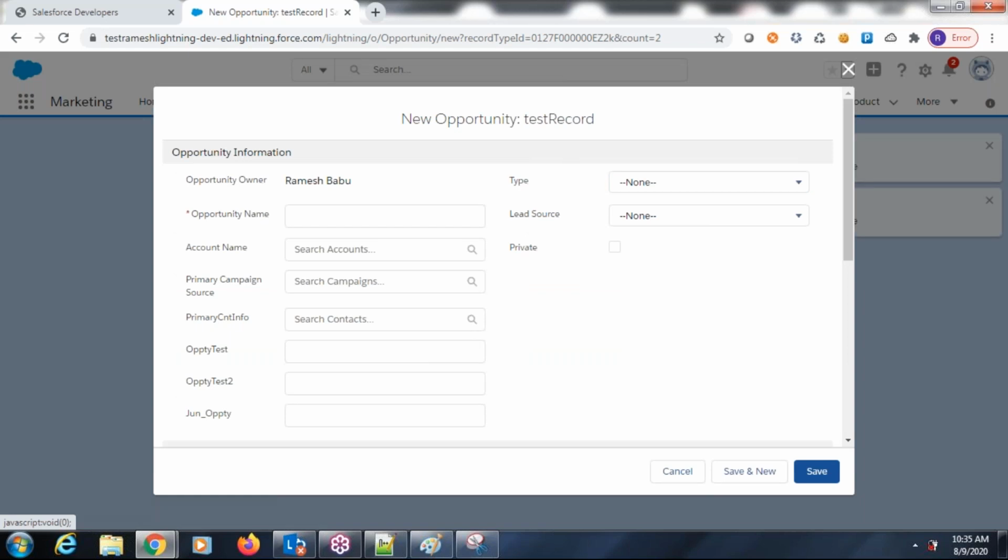The lightning version is about mobile compatibility, tab compatibility, or any device compatibility. If I open my Salesforce from my mobile, the screen will fit into the mobile. If I open it from a tab, it will fit into that particular tab. So the lightning version is device compatibility. The classic version is a browser version.